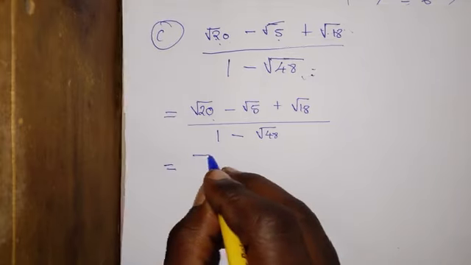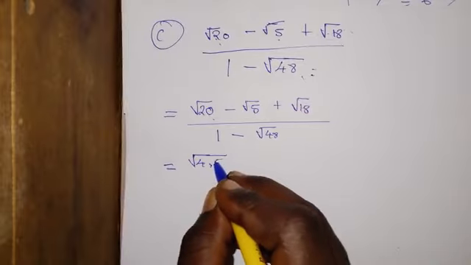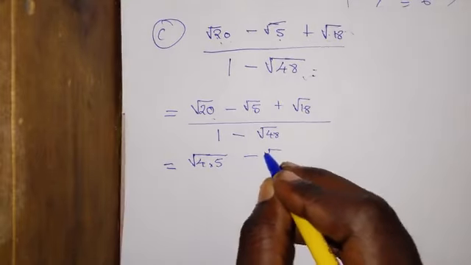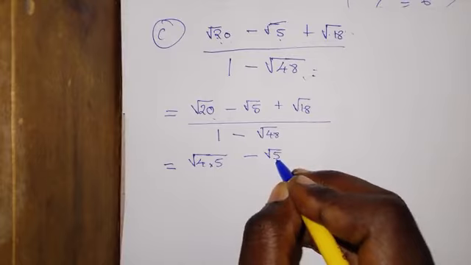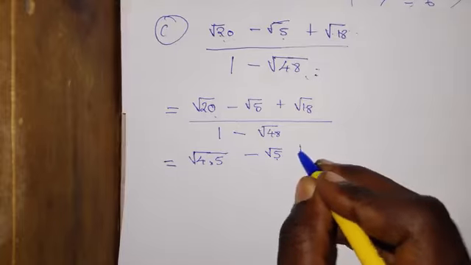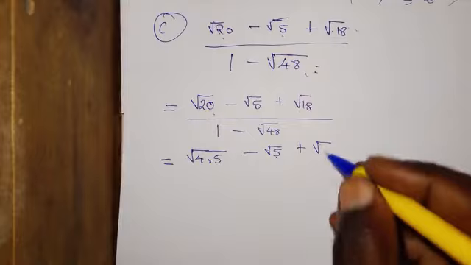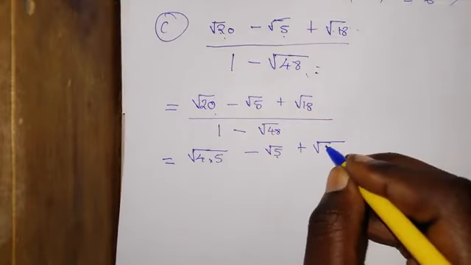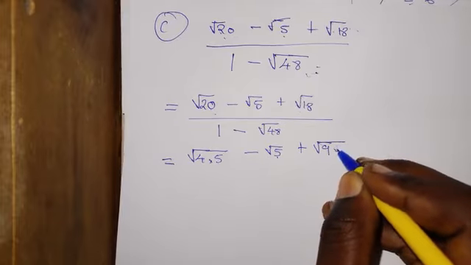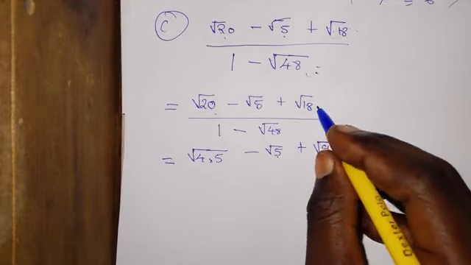So this is just basically the same as 4 by 5. Remember, in the concept of SADS, minus root 5. This one cannot be simplified further, so it maintains the way it is. Plus this one will be 9 by 2, that's 18. Over